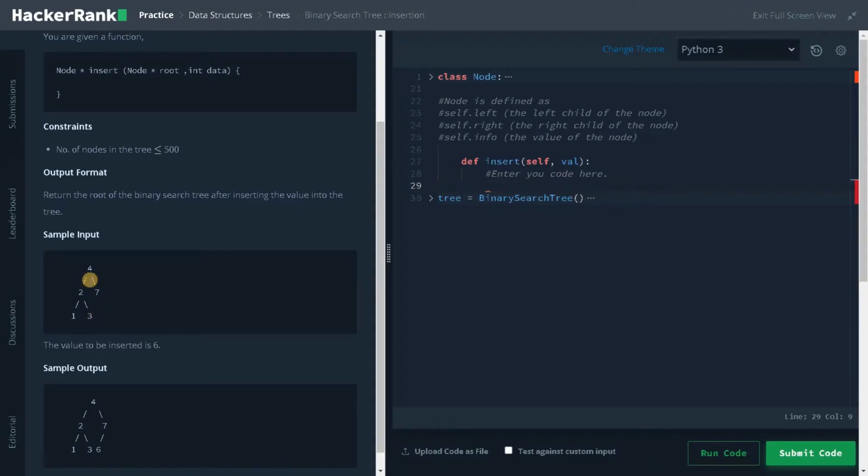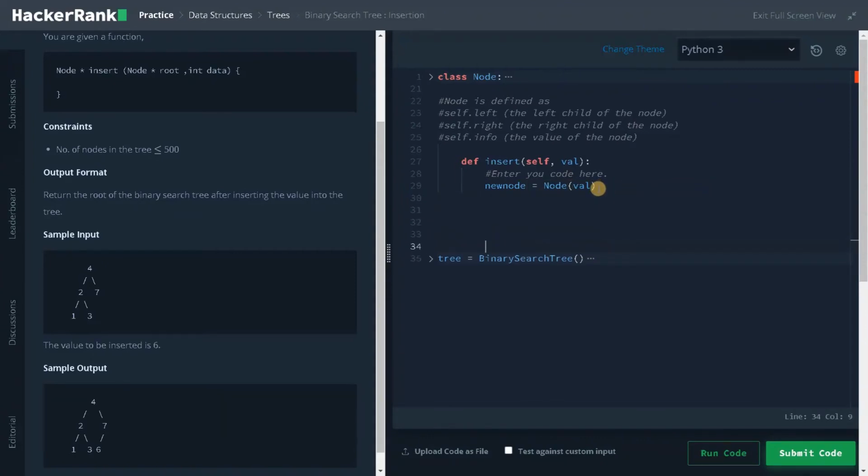If it's recursion, we will be calling the same function with only the argument changing. We may see the recursion format in future, but for this problem, we'll be using a while loop. Okay, let's solve the problem now. We will be creating a new node equals node of value. So node is a class. It will create a new object with value in it and assign it to new node. So this is the object we are going to assign in this binary search tree.